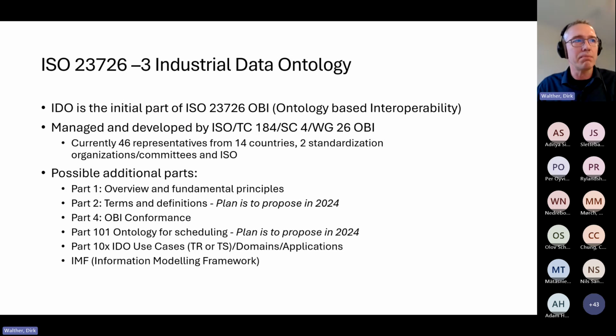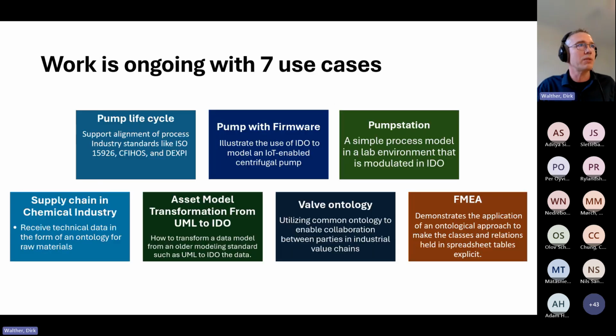And then there are other parts planned on scheduling, the use cases that are in development already will be put in a part, and also the information modeling framework developed in the DISC initiative will find its place in that multi-part standard.